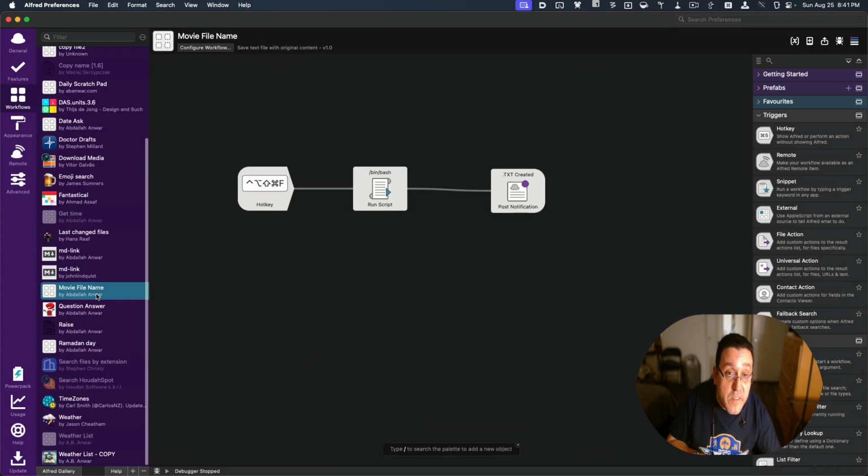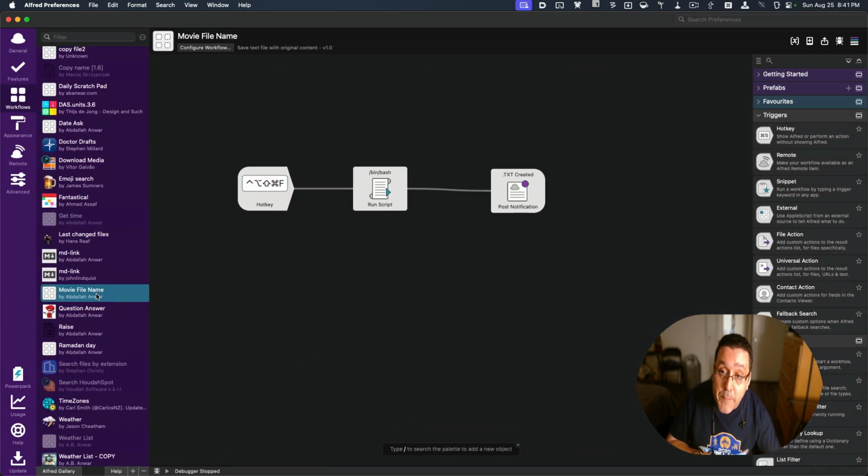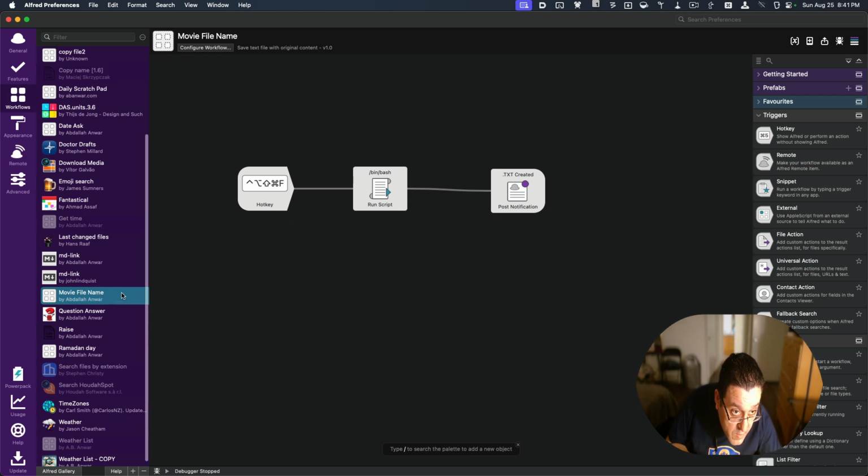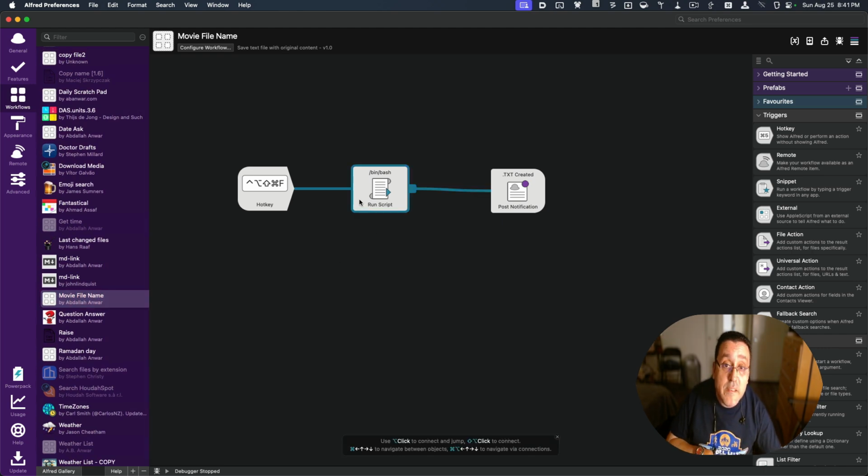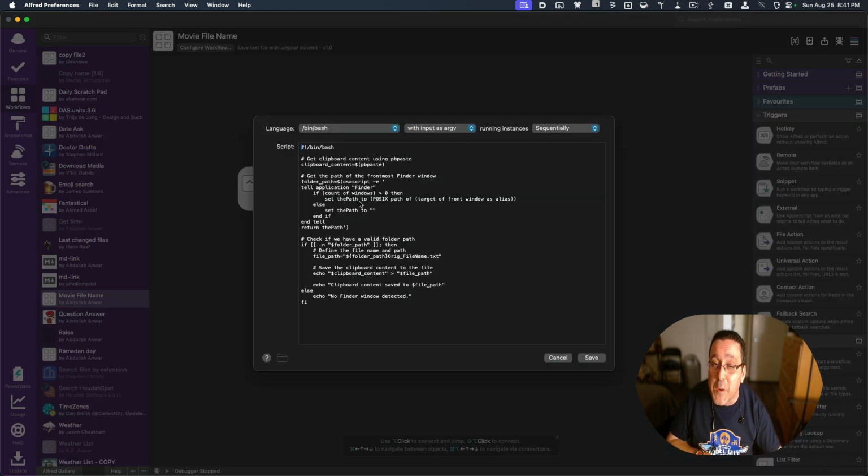This is what I call it, movie file name. This is the one, and this is the bash script. I was wondering why it said Python. And so here it says sets the path to the target of the frontmost window as alias. And here is the